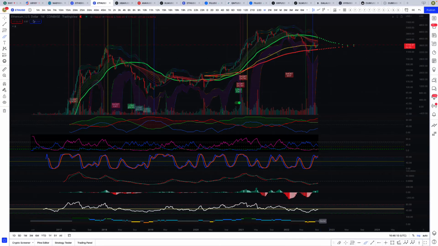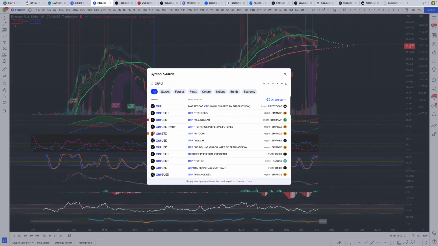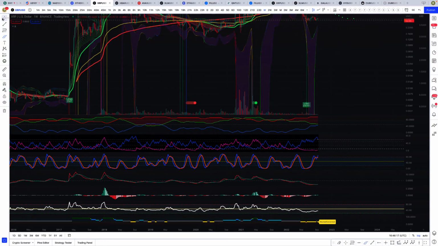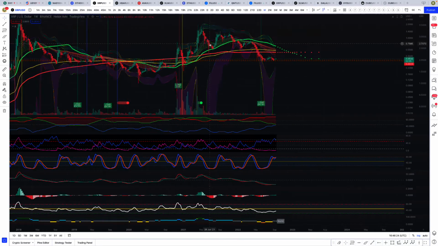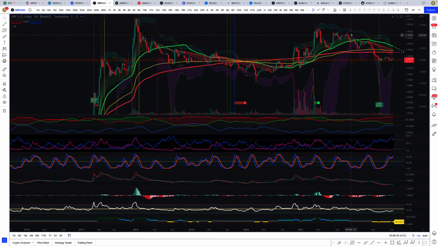And then we'll just do XRP real quick. XRP has that long entry in on the 1 week. We're just waiting for that buy now signal. I think we might have got it though, because in the Discord it says we had a 1 week buy now out of XRP, and an XRP to Ethereum 1 week prepare to buy soon. So that's huge. We're going to look at that too.